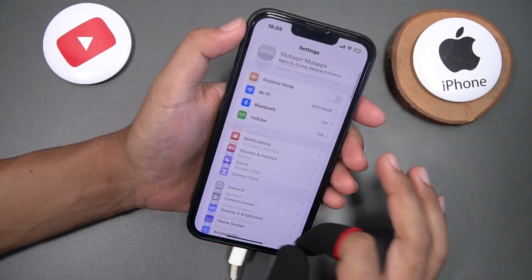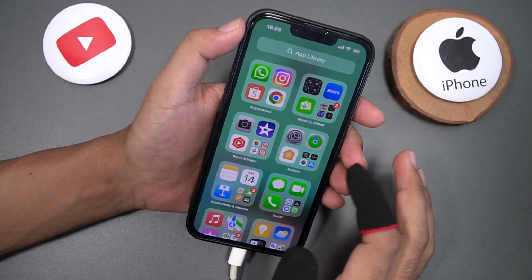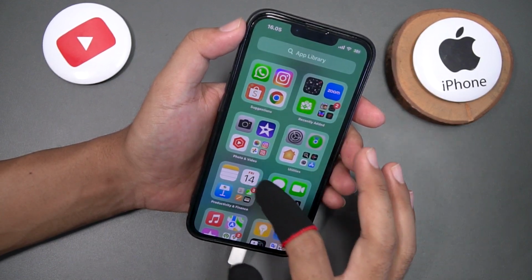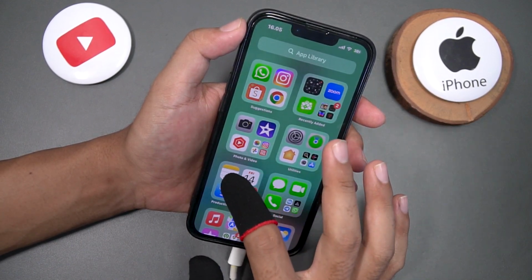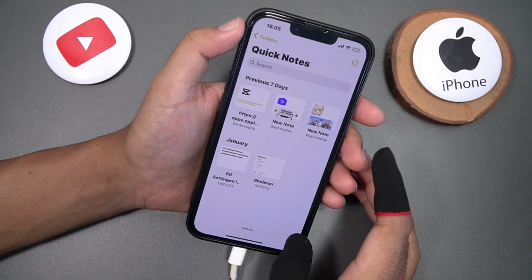Step 2. You can start swipe typing. Open any app where you can type, like the Messages app or Notes. For example, I'm going to use the Notes app. To begin swipe typing,